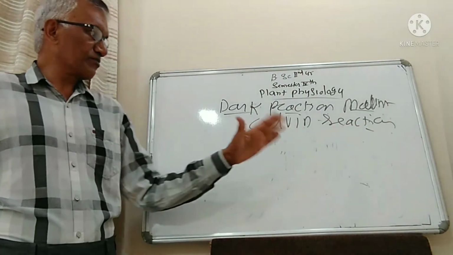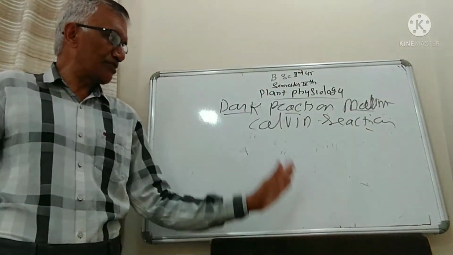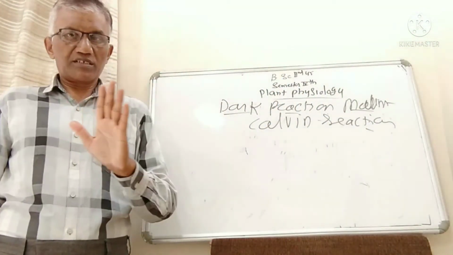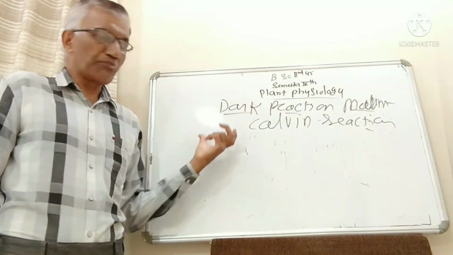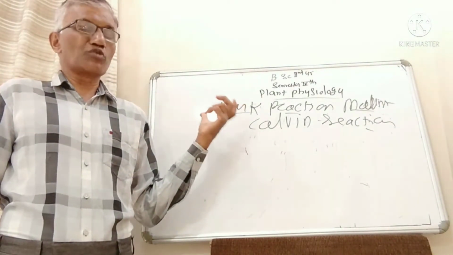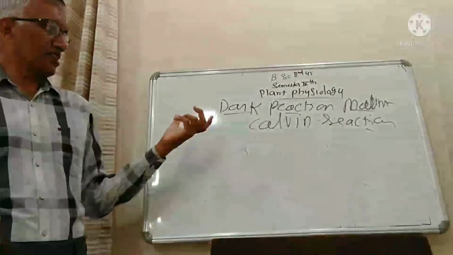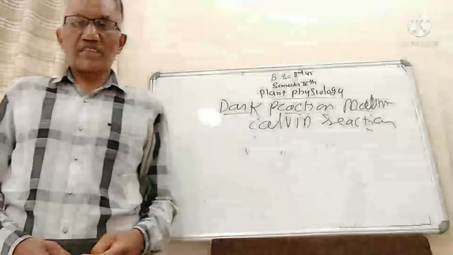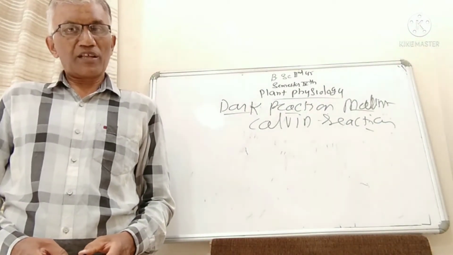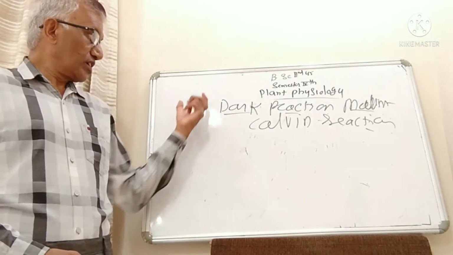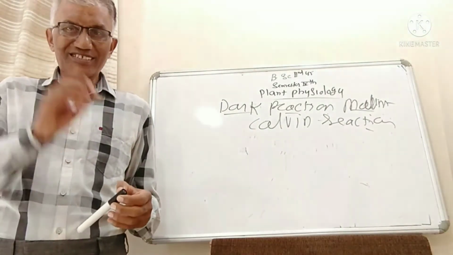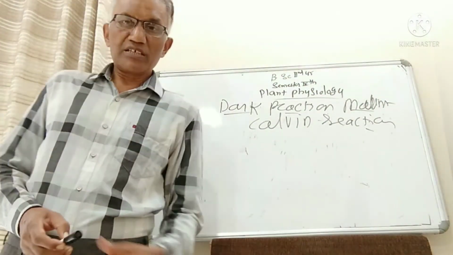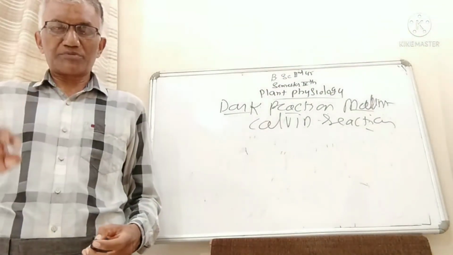So that is the difference between the C3 pathway and the C4 pathway. First of all, you have to remember that in most of the dicotyledons, the process of carbon dioxide fixation takes place by the C3 pathway. In most of the monocotyledons, the fixation of carbon dioxide takes place by the C4 pathway. In the C3 pathway, the first carbon dioxide acceptor molecule is RuDP, ribulose diphosphate. But in the C4 pathway, the first carbon dioxide acceptor molecule is